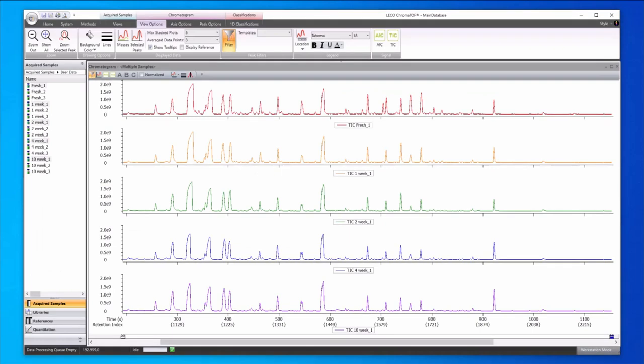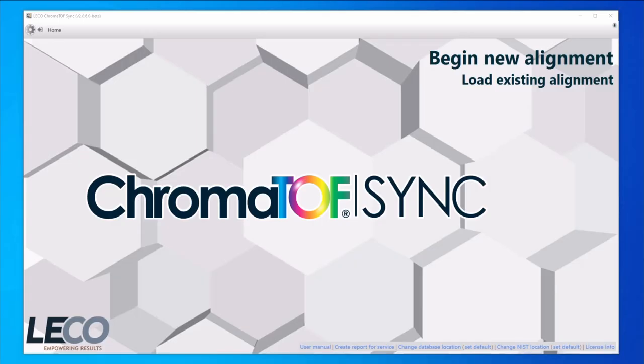We analyzed these samples in triplicate with the Pegasus BT. Our primary goal was to characterize the aroma profiles so that we could see how the chemical information may relate to these sensory changes. ChromaTOF Sync facilitates this task by processing all of the data together and compiling analyte information into a single combined